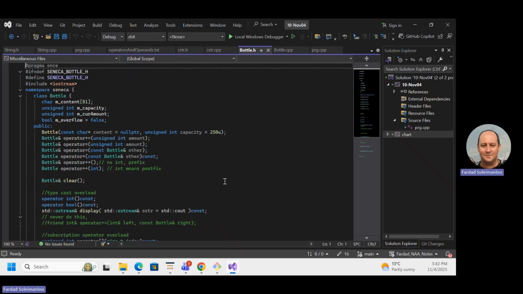Now, today we are going to talk about the consequences of dynamic memory allocation, okay? And see how we can make our program, our class, when it has dynamic memory allocation, take care of itself when the objects are being copied.